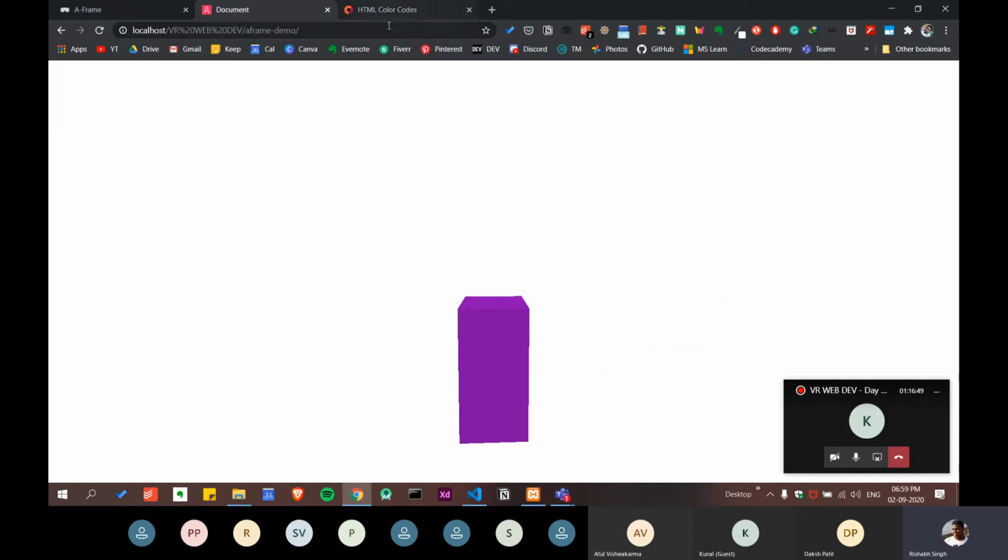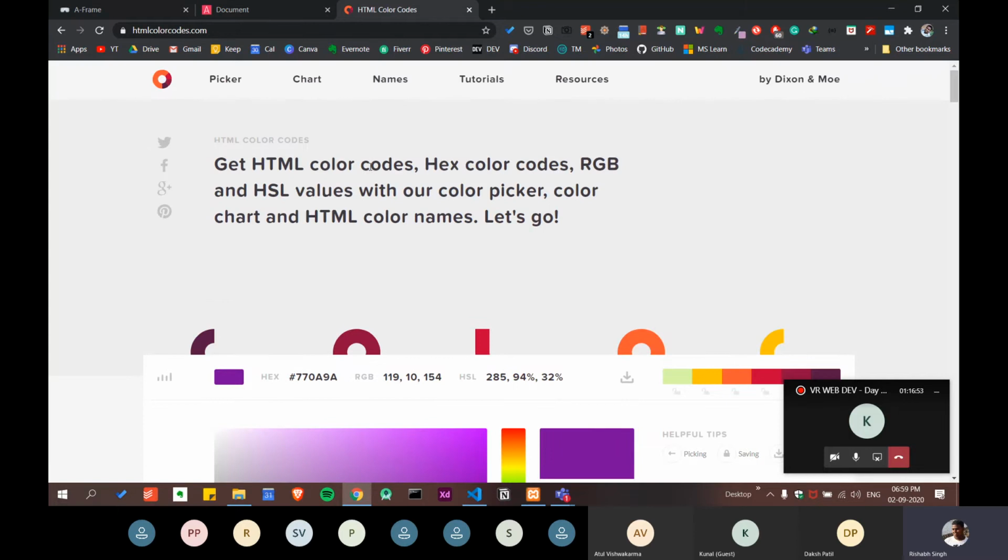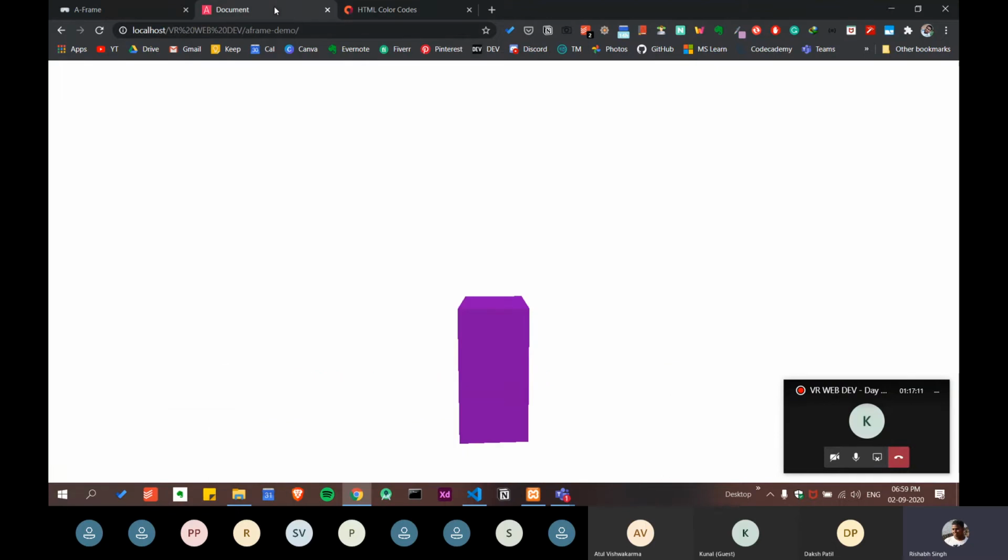You can use any color, and it is very useful. You don't have to remember hex codes. No one on this planet remembers hex codes. Two very simple hex codes to remember are 000000 and FFFFFF. 000 is, I think, black and FFF is white. I only remember these two codes, which are very simple.